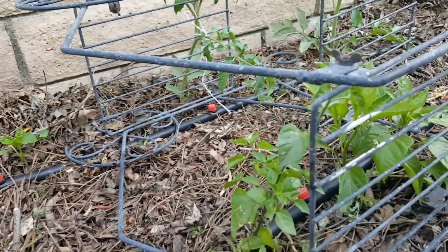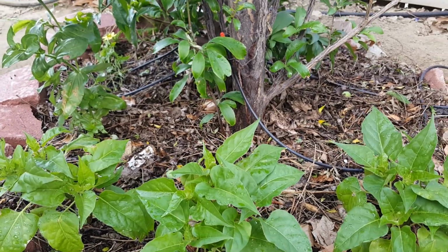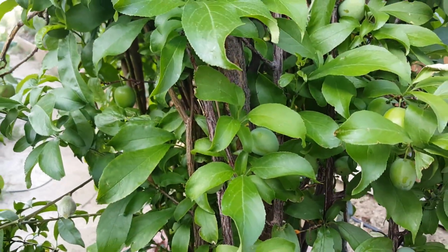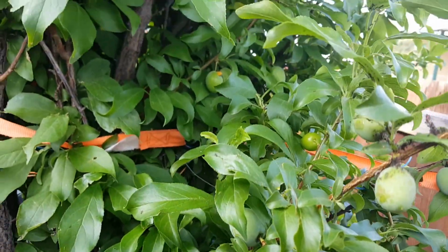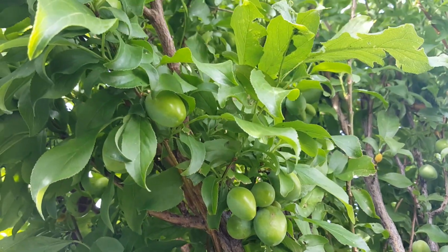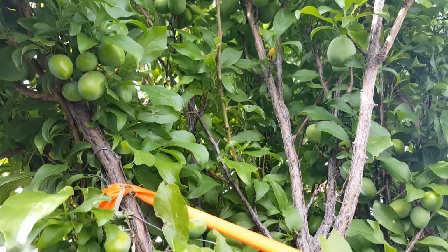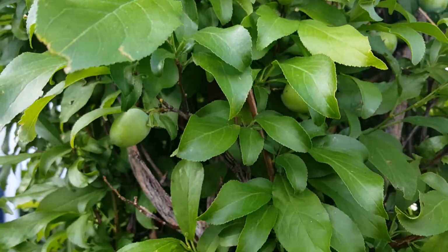Anyways, let's move to the next raised bed. In this raised bed here, I'm growing some flowers, but I want to show you, for the first time, my plum tree, and it's doing really good. Lots of fruit in this bad boy. As you can see, this thing is loaded with plums. Despite all the high winds that we've been having, this thing has been dropping lots of fruit. It's like every day I find 5, 6, 10 of them just laying on the ground. It's very sad, but